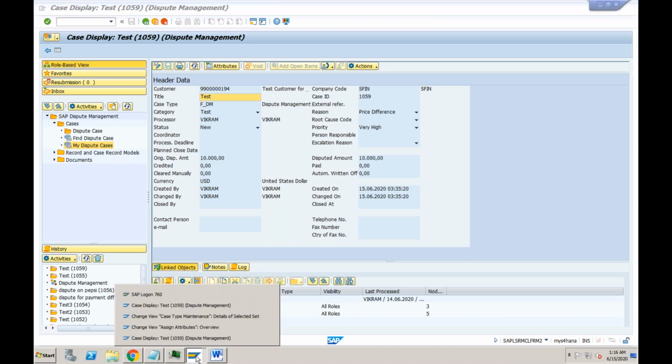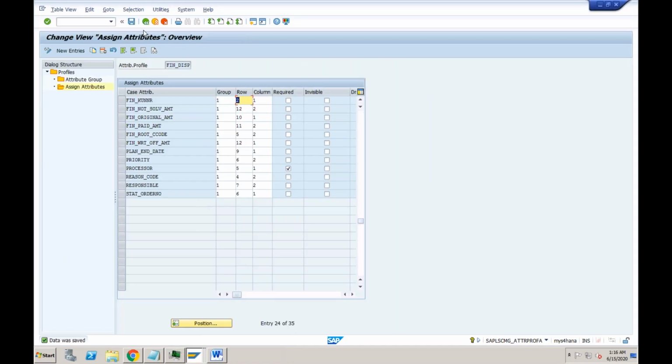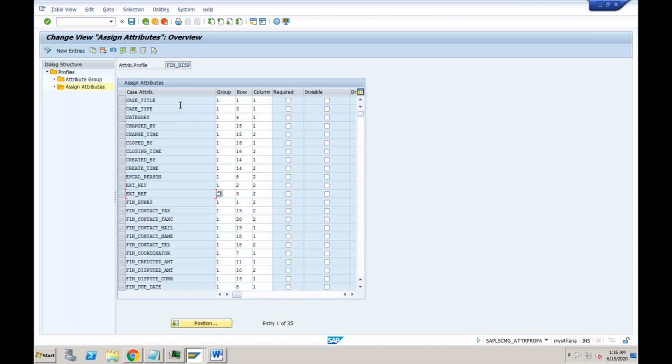Okay, and also I told you, if you see this table now, there are these fields. From where are these fields coming? What if I want to add a new field here? As of now there are 35 fields, right? I can see there are 35 fields in my UDM_dispute header data section. If I want to reduce this, I can simply delete that particular field from here. But what if I want to add something new?